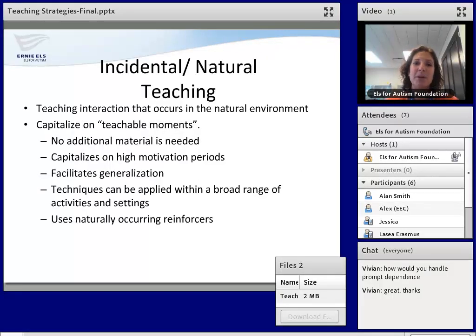The next strategy that we're going to talk about is incidental and naturalistic teaching. This is teaching that, based on its name, occurs in the natural environment. We're going to capitalize on teachable moments. So these are things that happen automatically throughout the course of the day. One of the benefits to this is that we don't need additional material, that we're capitalizing on periods of high